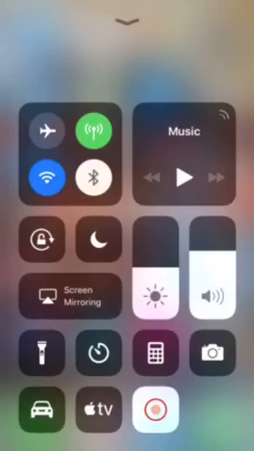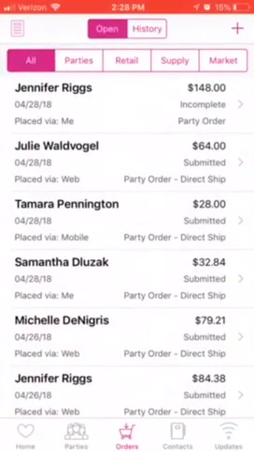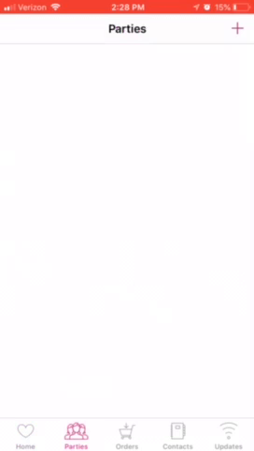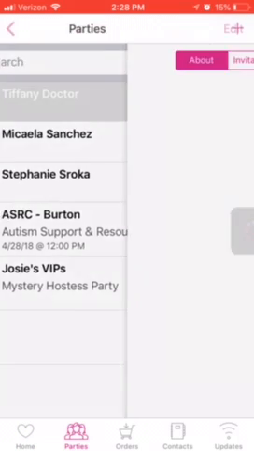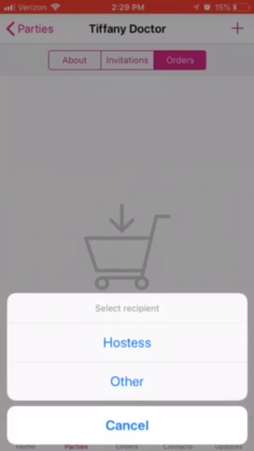So right now I'm going to show you how to create a new order from your 31 mobile app. You will go to, if it's part of a party, you'll go into your party, and you'll go to orders, select this plus sign up here at the right hand corner, hit other,